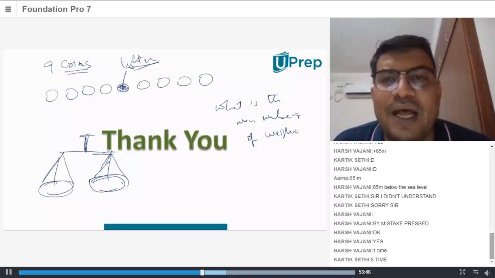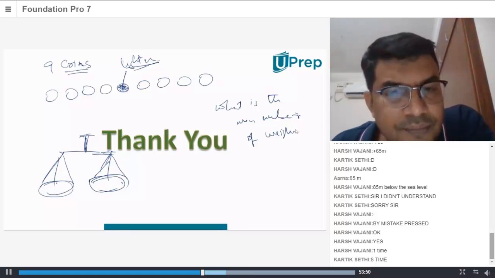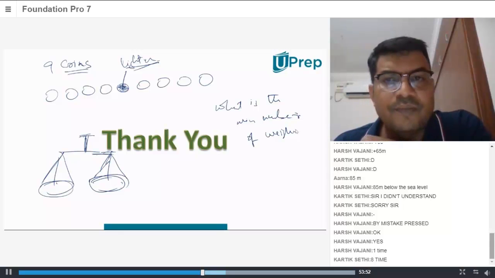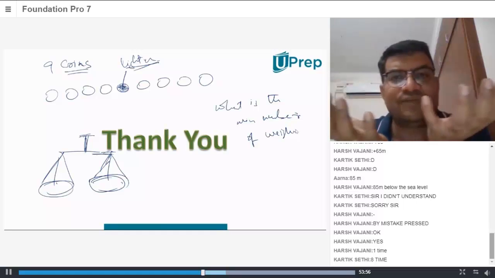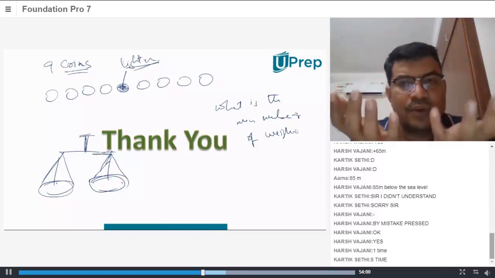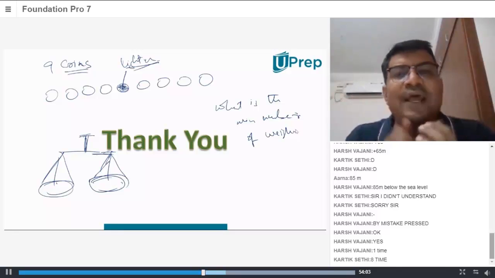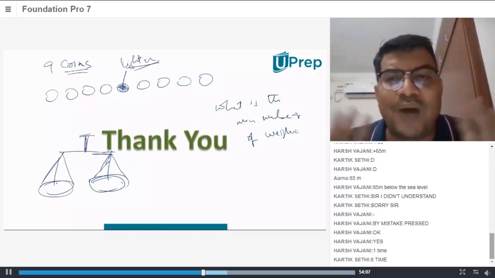Priscilla, wait. Arna will explain. Arna, go ahead. So in the first one, we can take 4 on the right side and 4 on the left side. Brilliant. You will put 4 on the right side, 4 on the left side. Good. So what happens? If it's equal, we'll understand that the coin is lighter. Very good.